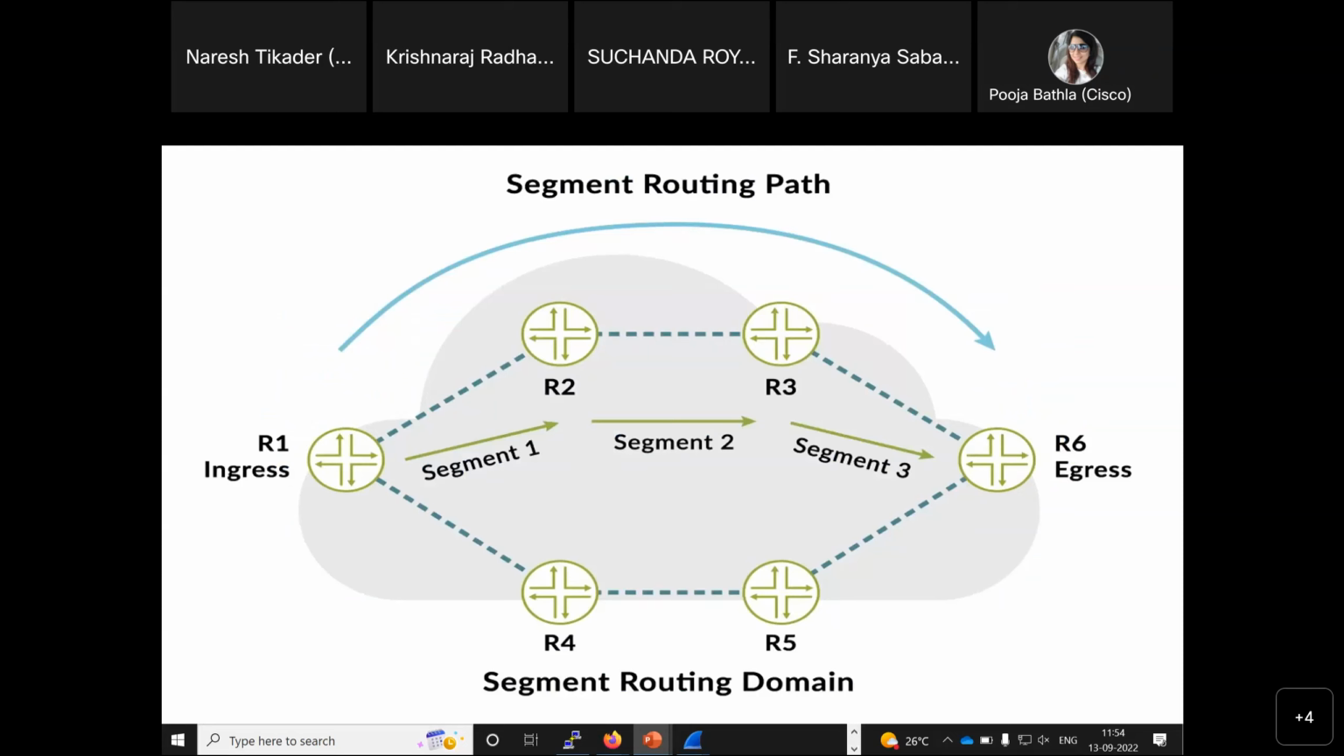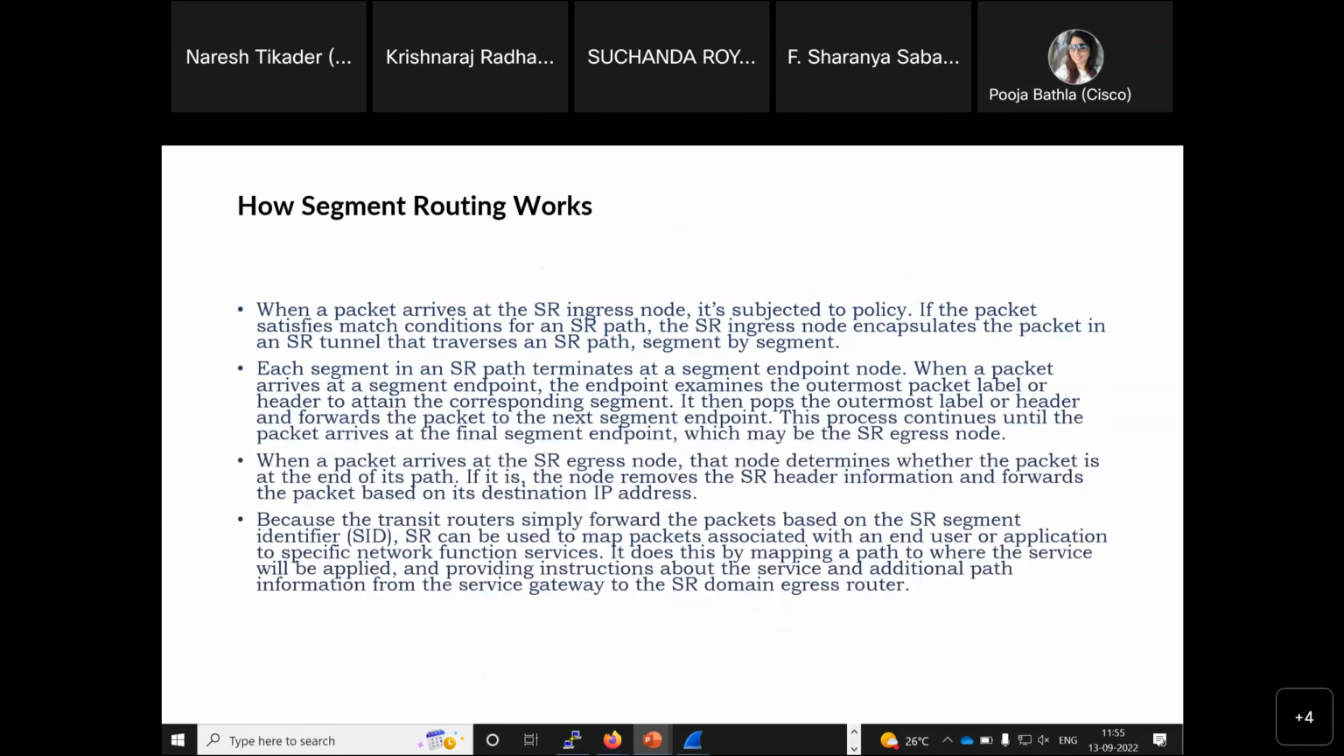Are you sure? R1 to R6, I am saying which will be the first ingress node in the path? R2. Okay. So what it is saying is that when a packet arrives at the SR ingress node, it is subjected to